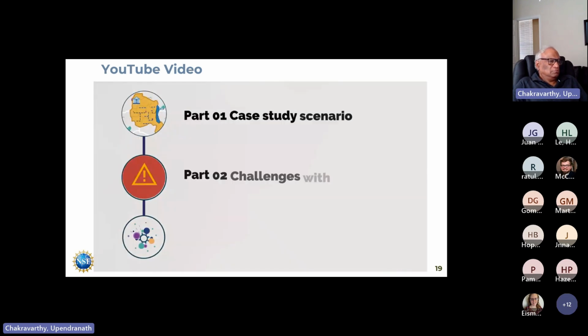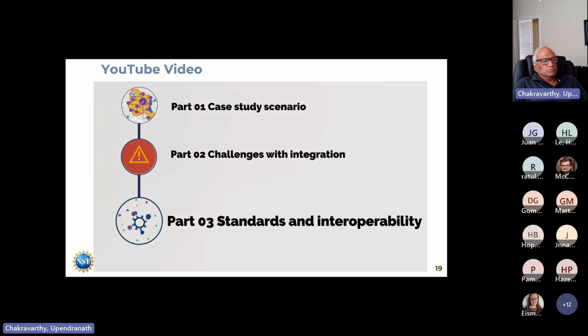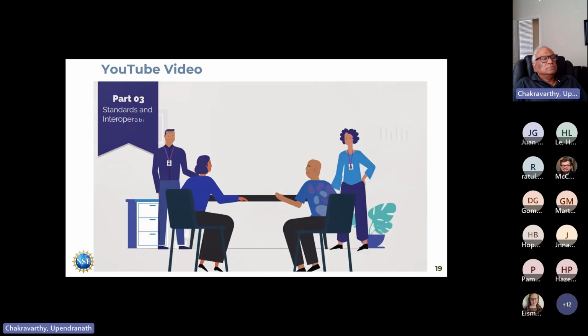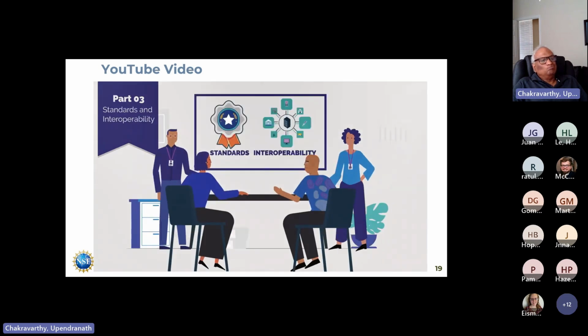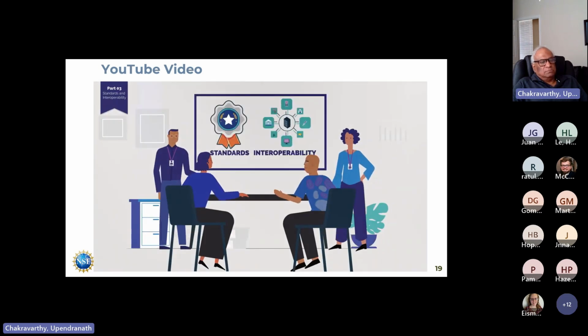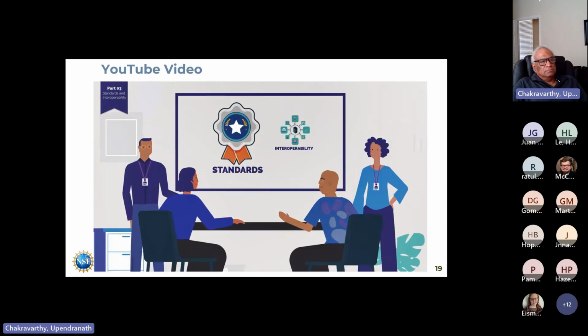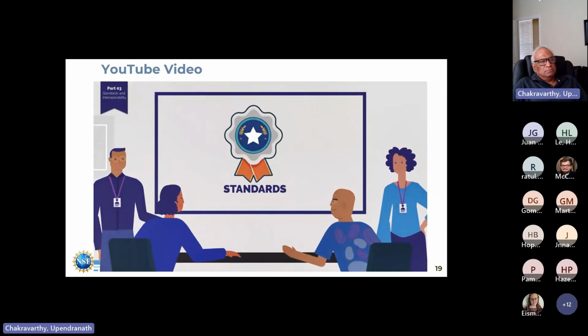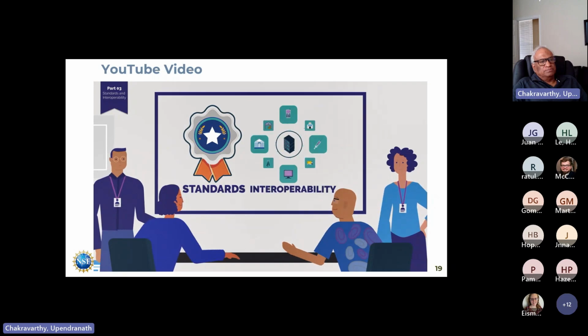Now in part 3, we will see how Lucy and Isaac learn about investing in an approach that addresses these challenges and allows multiple applications to exchange data. The software development team explains that the solution is standards and interoperability. First, they show Lucy and Isaac what standards are, and then they explain to them how it will help with